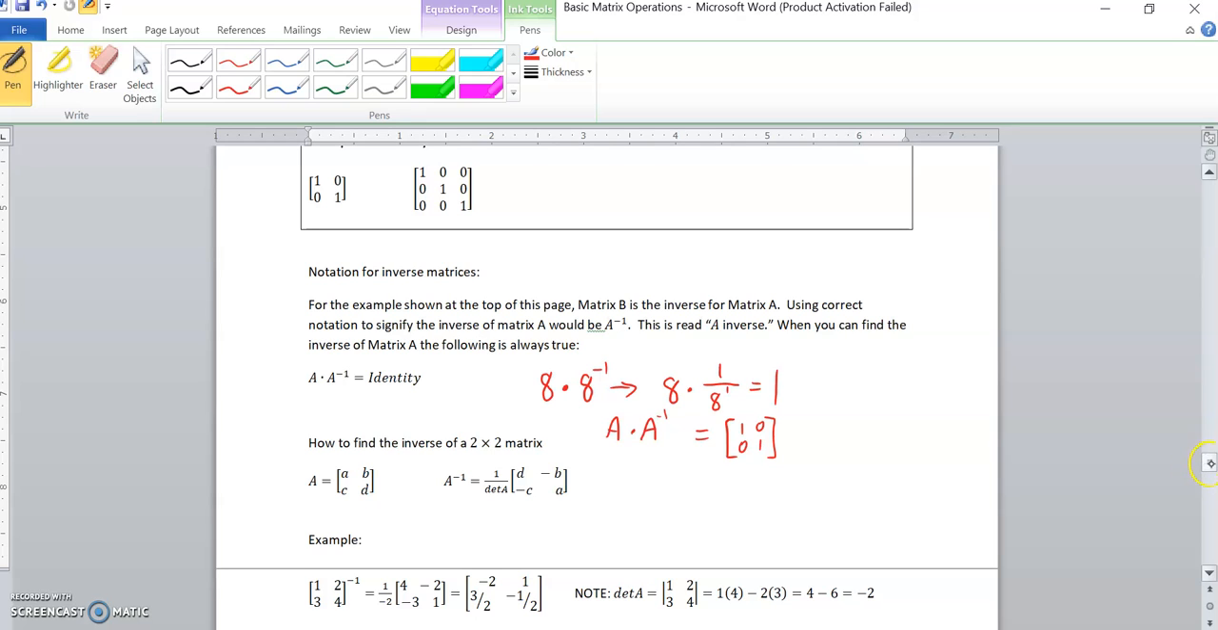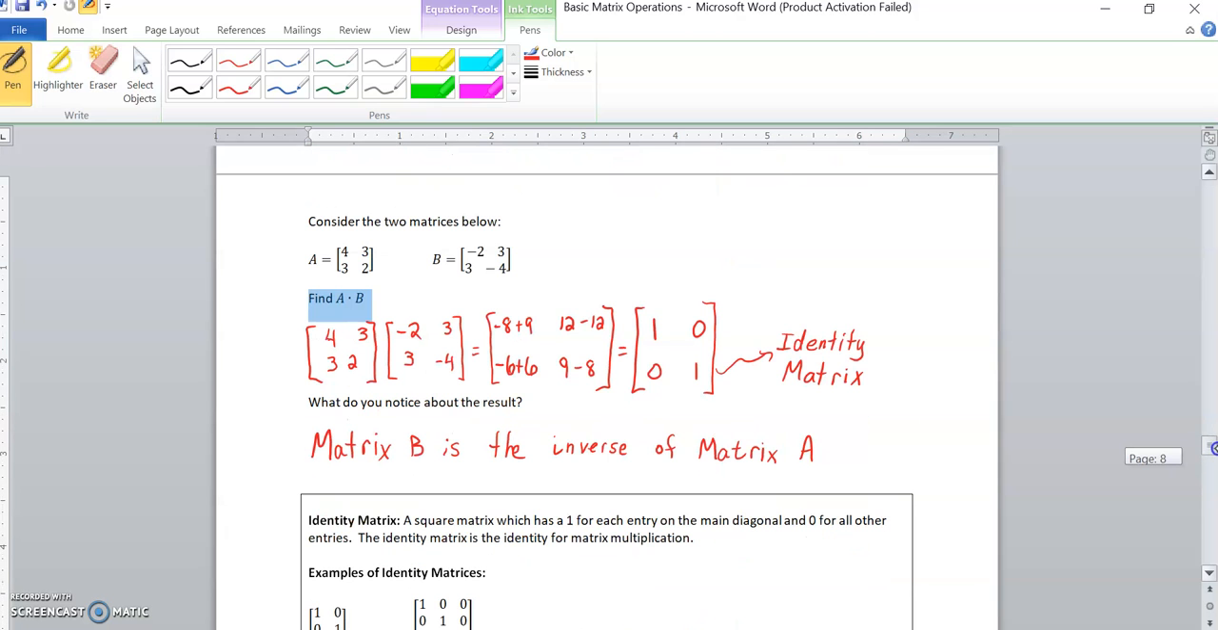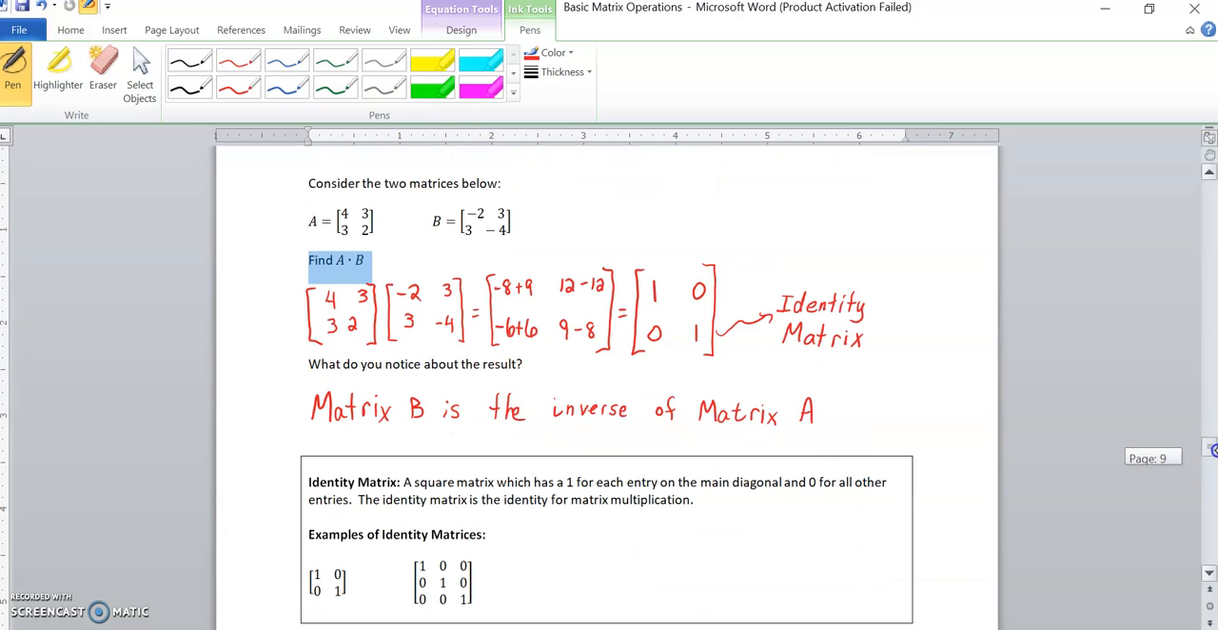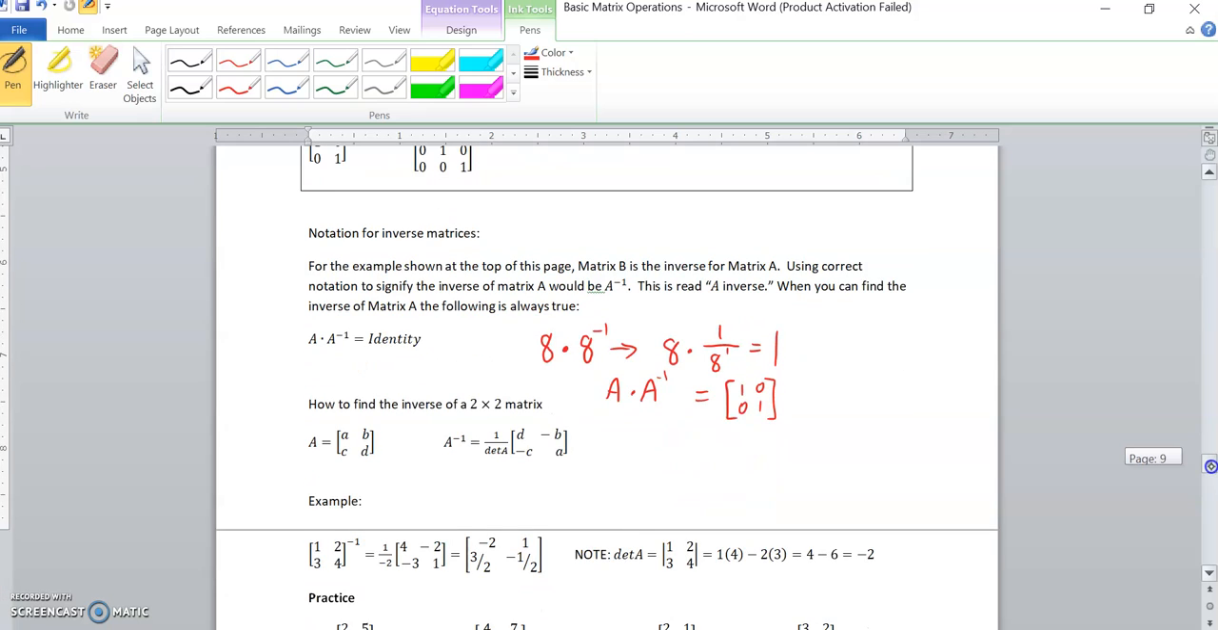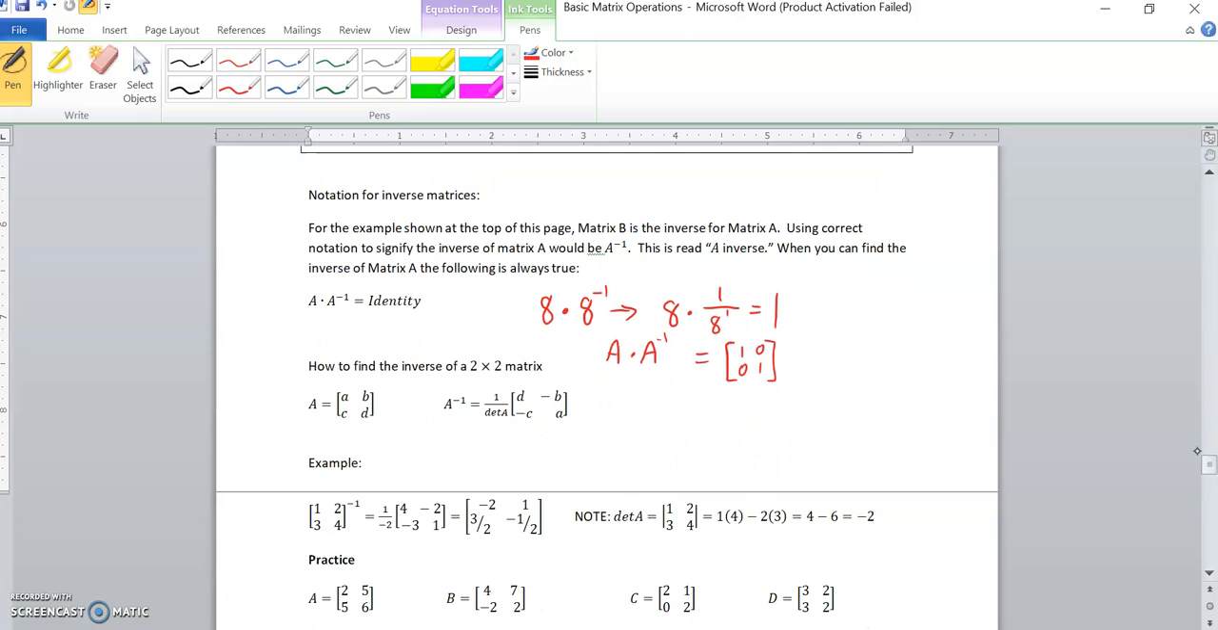So in order to get matrix B up here, the -2, 3, 3, -4, what you do to find the inverse is you take and find its determinant. So we did that yesterday. We found the determinant. We say A times D minus B times C. Okay, so that's 1 over A times D minus B times C